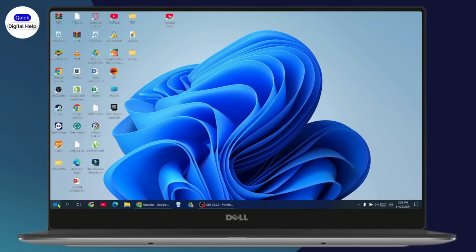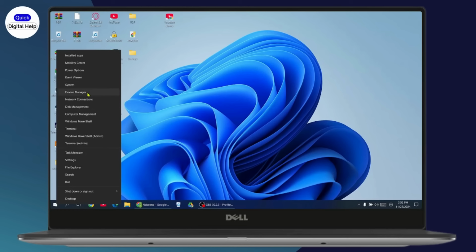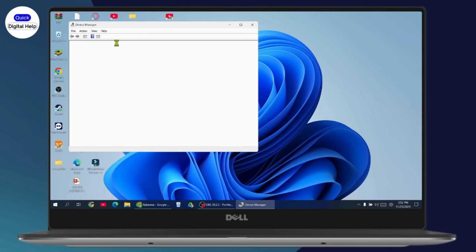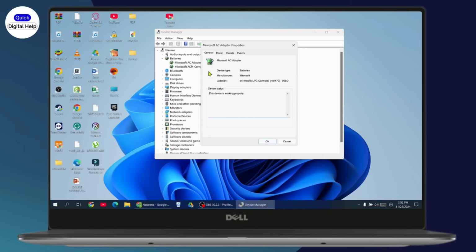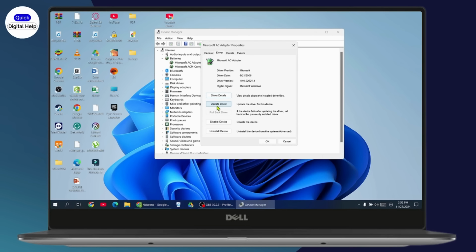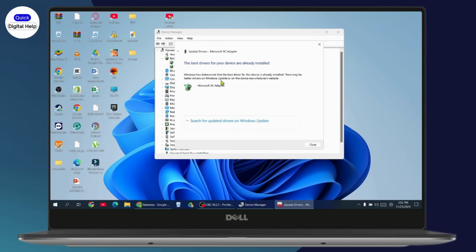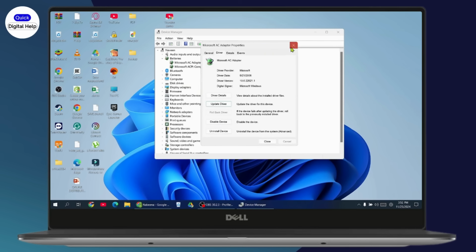Then you need to just right click on your Windows and go with the device manager. Once you're under device manager, you need to go with batteries and go with the first, which is Microsoft AC adapter. Right click on it, go with properties, go with the driver section and go with update driver and search automatically for drivers. And once you've updated your drivers, then you just need to simply go back and your problem